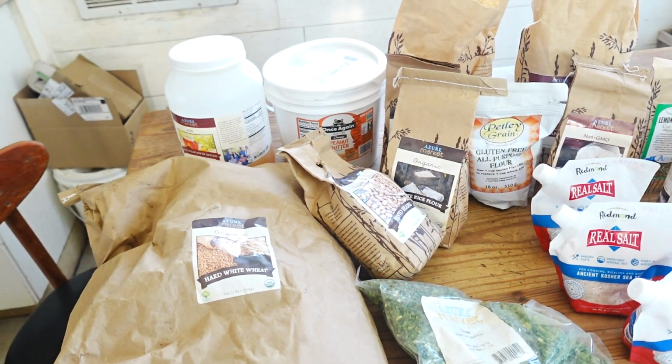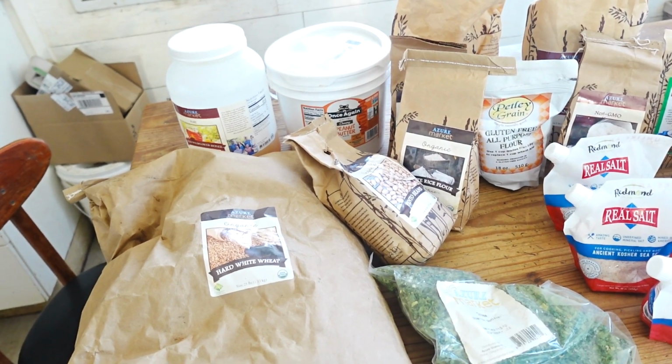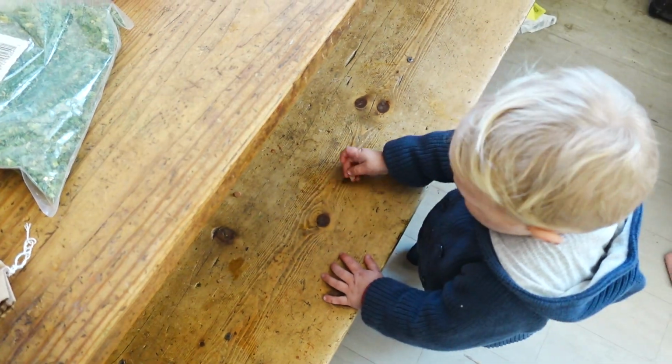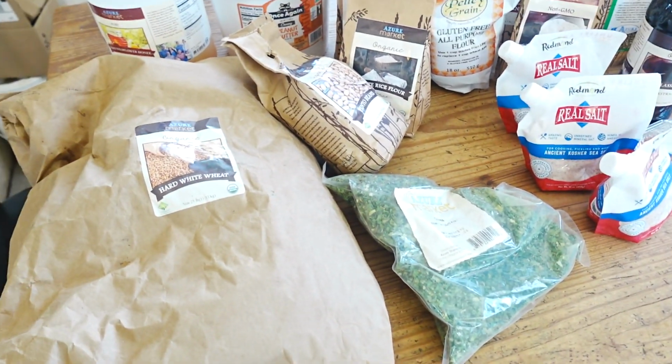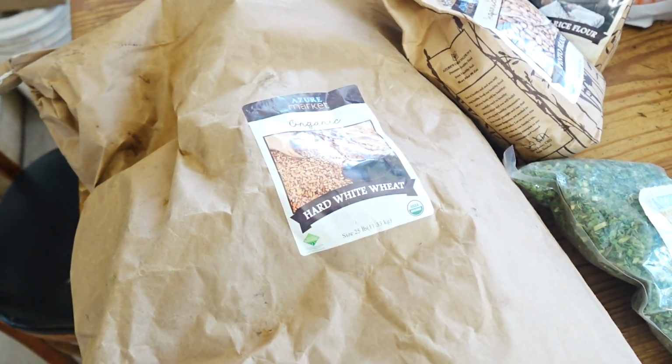My Azure Standard order this month, it's been a few days now since I got it, and a lot of the containers have already been opened or this guy has torn into them. So that's what you're going to see. Anyway, I've got a hard white wheat this month, and I also got